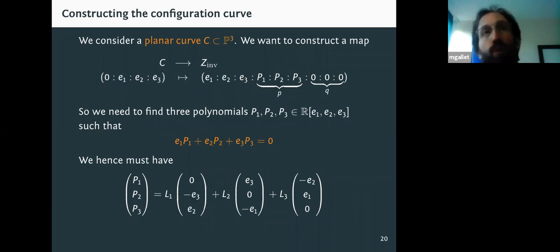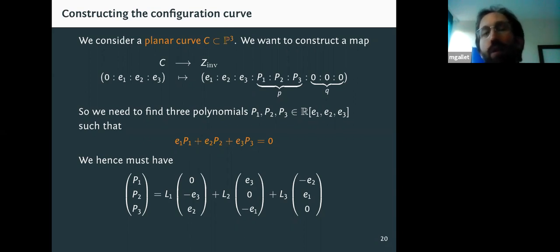So how do we construct our configuration curve? We do as follows. We start from a planar curve, because recall we should not use the variable E0. So essentially we set E0 to 0, and then what we get is a planar curve in P3. What we want to construct is a map from this planar curve into Z-inv, which is essentially an embedding of